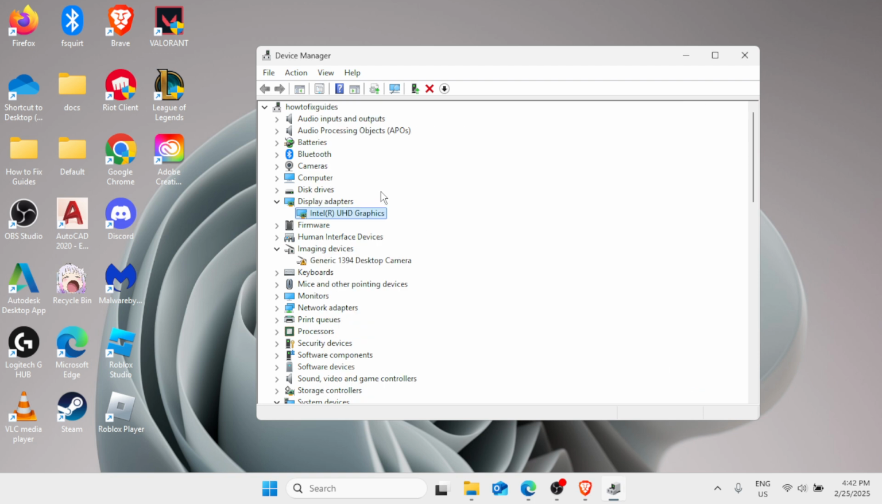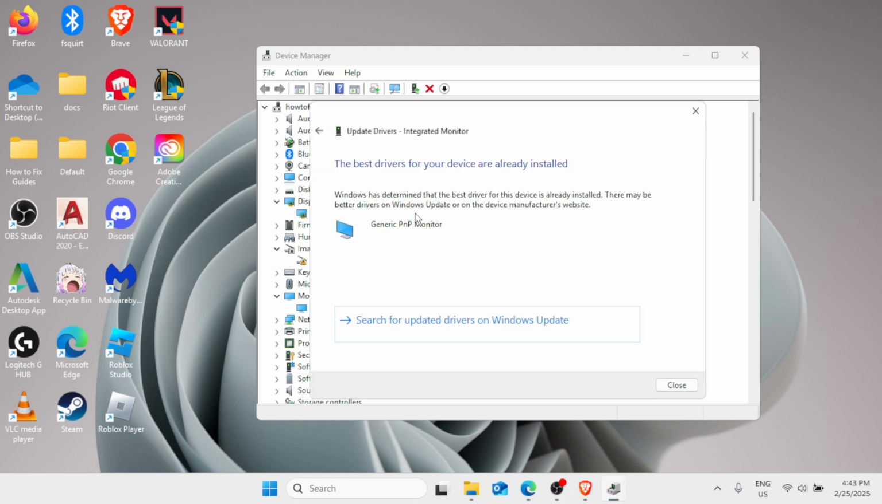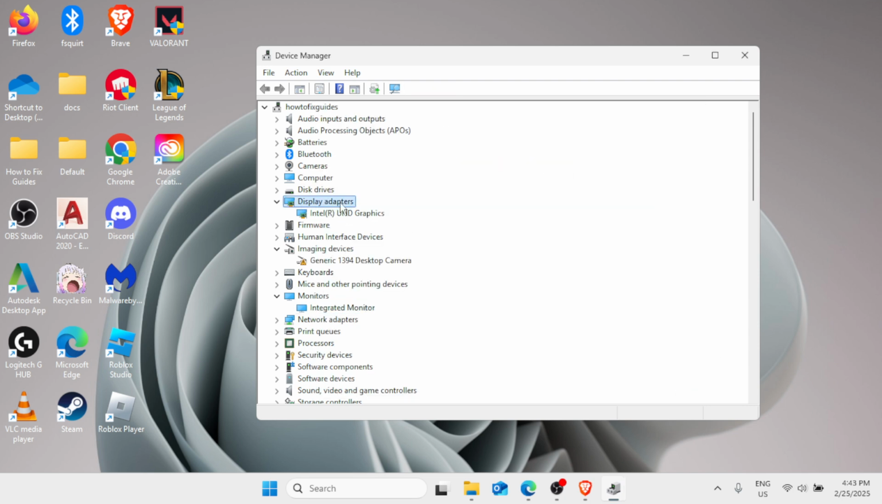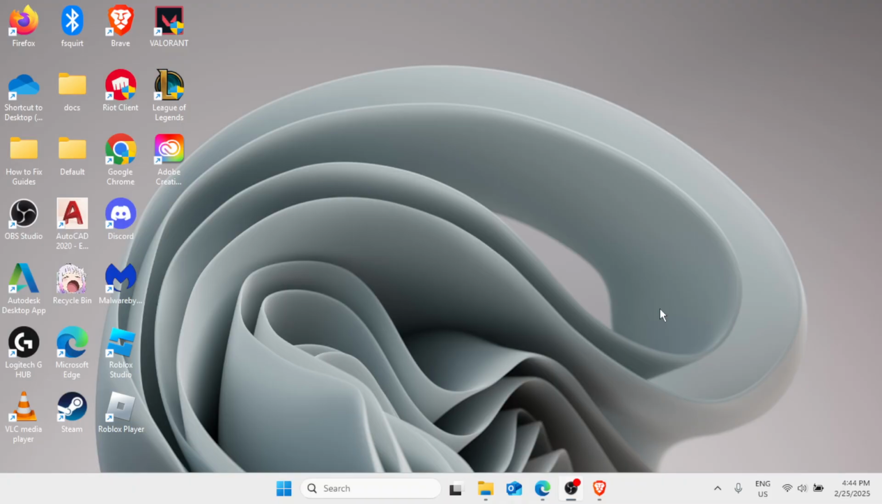Simply close this and go to monitors. Make a right click, select update driver, and then search automatically for drivers. Now the best drivers for your device are already installed. Simply close this. Then go back to display adapters, make a right click at the graphics card driver, select disable, click on yes, and wait for some time. Make a right click, select